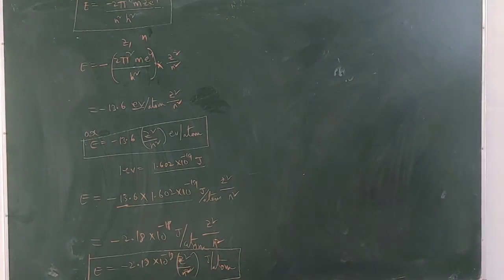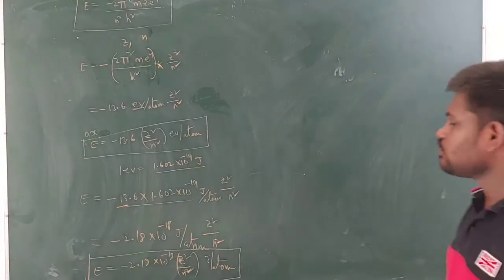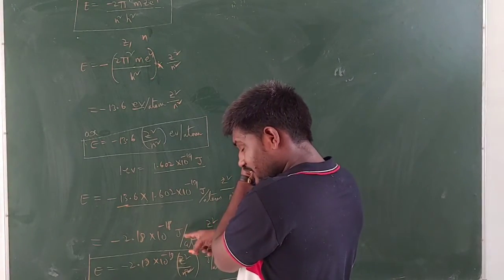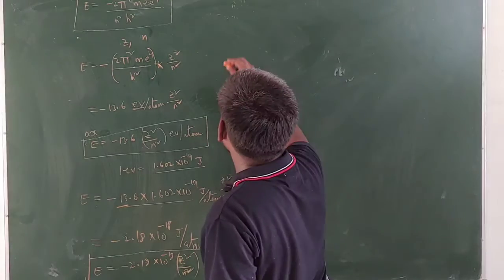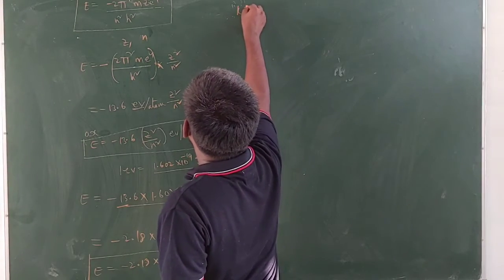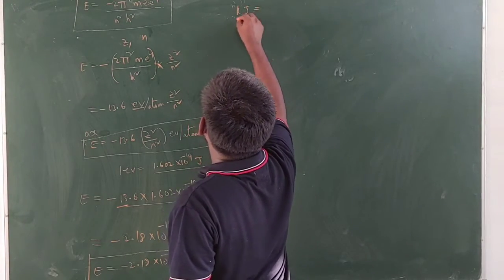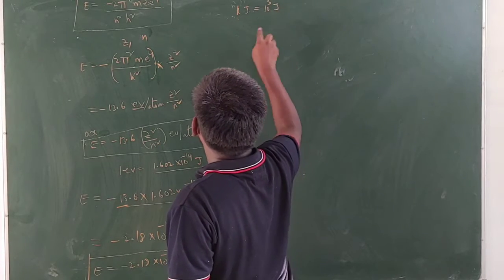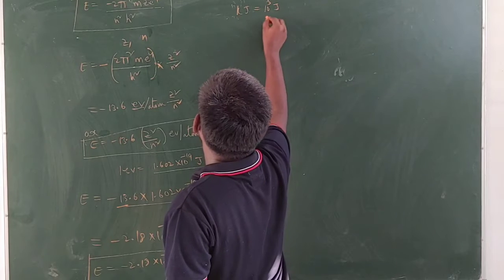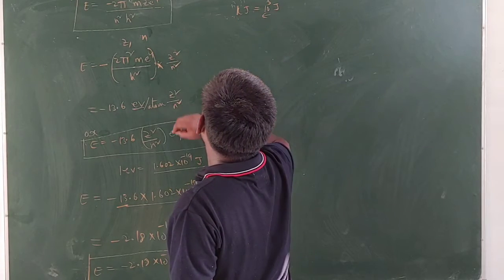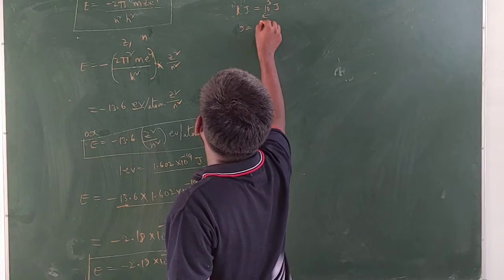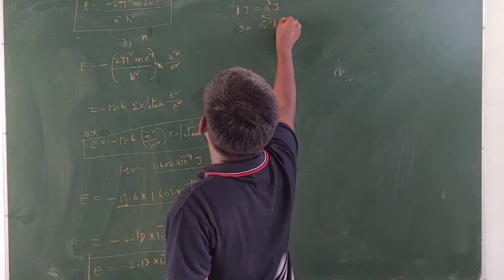So next let us see the energy of electron in kilojoule per mole. So now you take this one. First we need to convert the joules into kilojoules. We know already kilojoule is equal to, kilo means what? 10 cube joule. So I want 1 joule equal to how many kilojoules? You have to send the 10 cube to the left hand side. Then 1 joule equals 10 power minus 3 kilojoule.